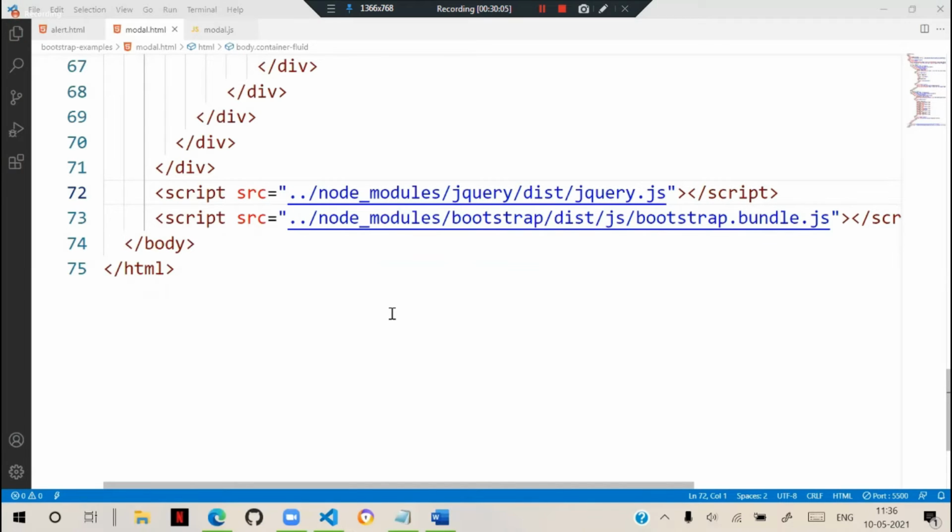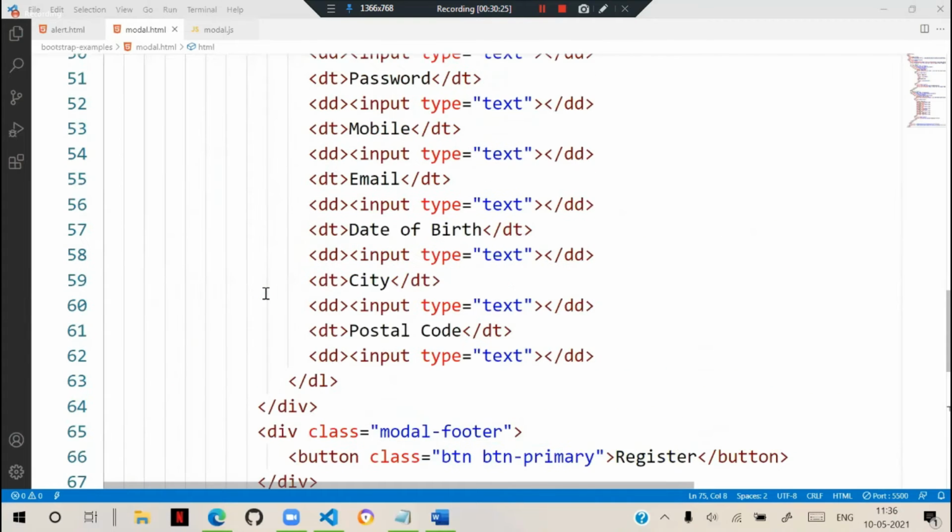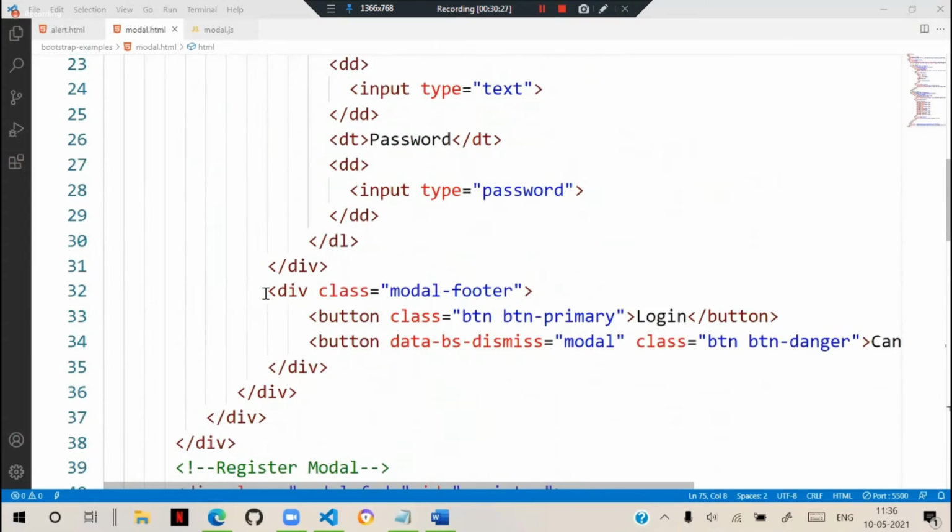That means the new version recommends to keep all your scripts in the body section, understood? Make sure that all your scripts are kept in the body section, so that will make the correct performance of your application. So the rest of the options are the same, only these BS properties are changed.